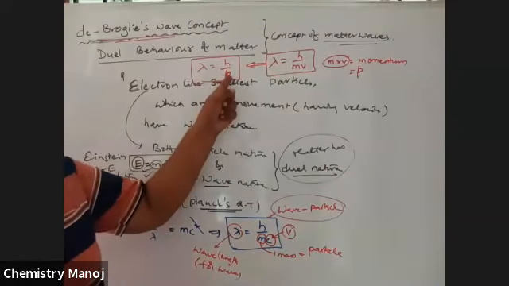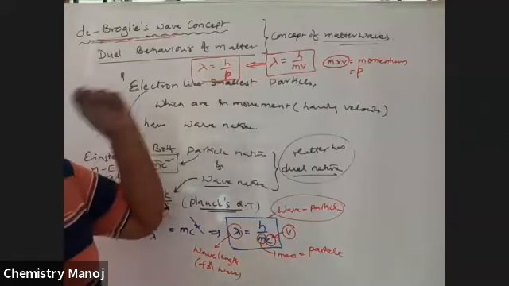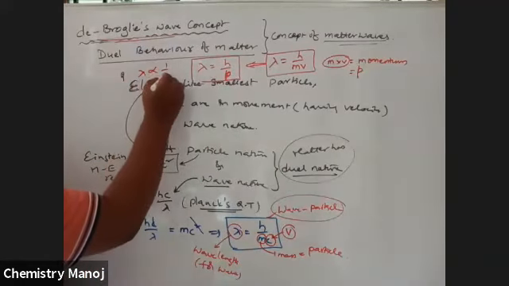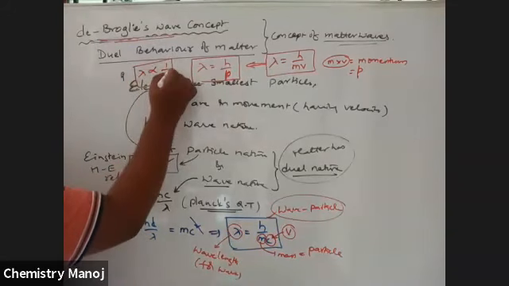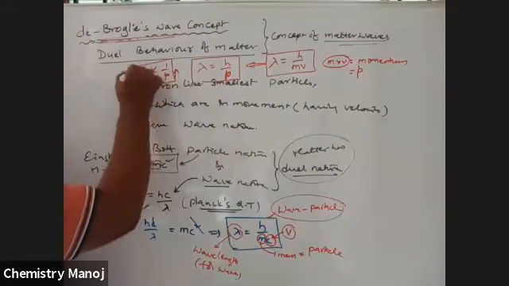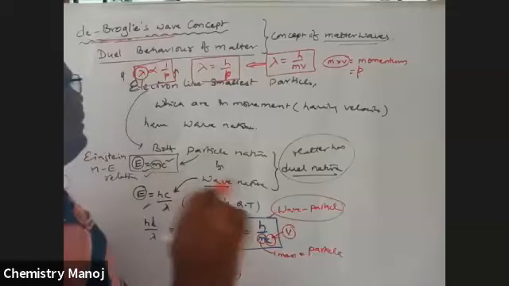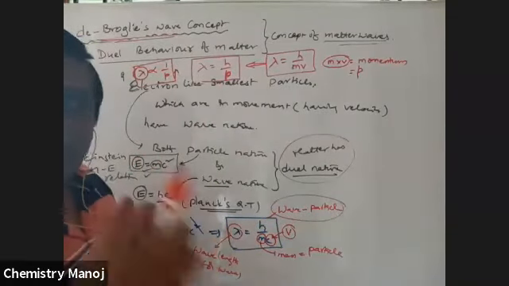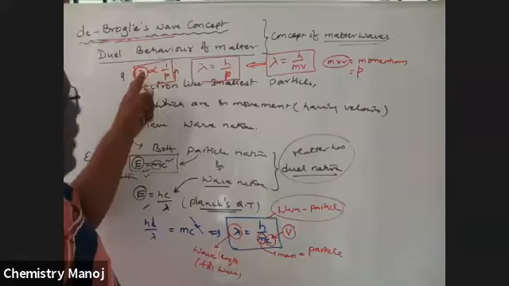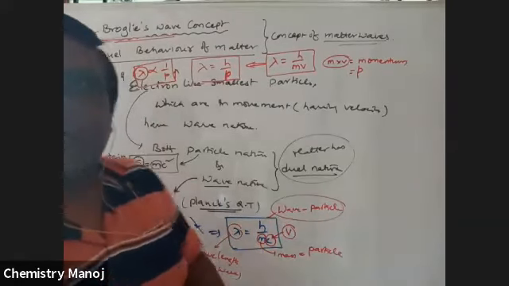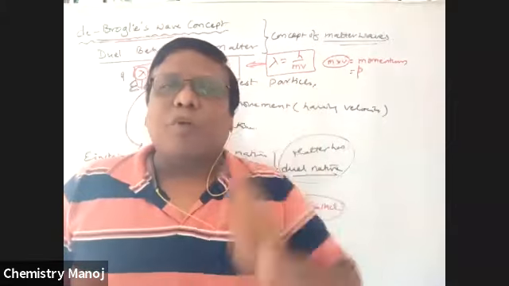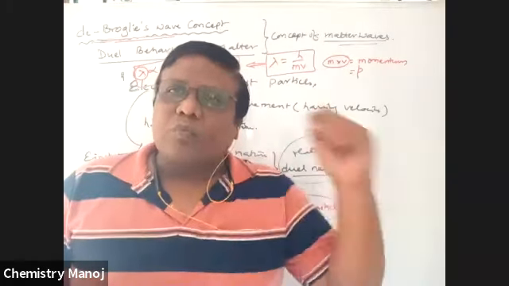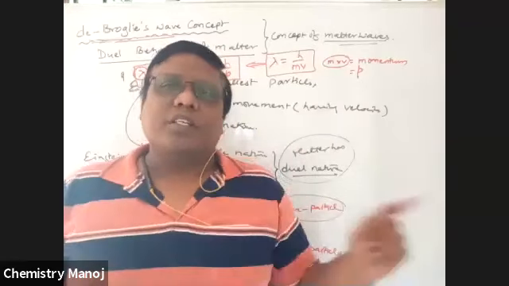So that momentum is inversely proportional to wavelength. Therefore, lambda is inversely proportional to p. More is the momentum, less is the wavelength. If mass is more, momentum is more, and when momentum is more, wavelength is less, so wave properties are less. That is why a pen cap has no wave properties, but paper has a little wave properties. Electron, which is in movement, has more wave properties.